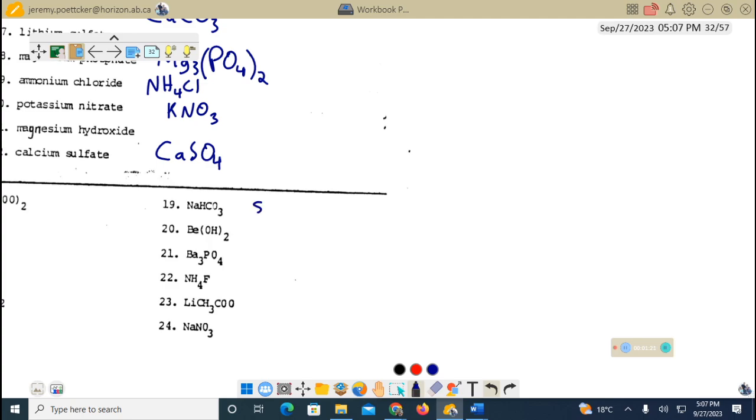So number 19, we have sodium hydrogen carbonate. Just so you know, some periodic tables or tables of polyatomic ions will eliminate this space right here. And older ones will call this sodium bicarbonate. You might also know the same product as baking soda. Anyways, moving